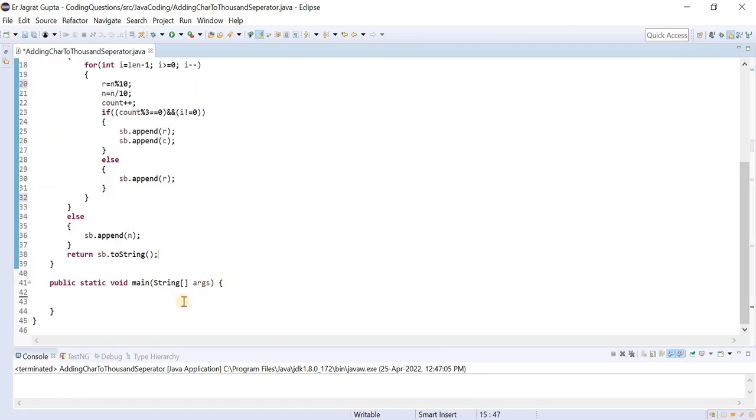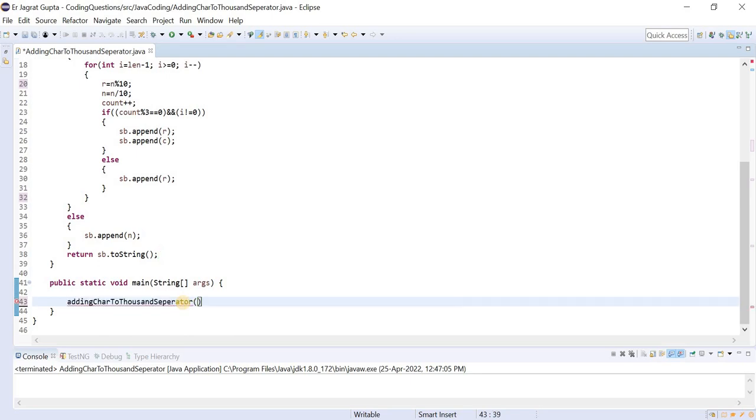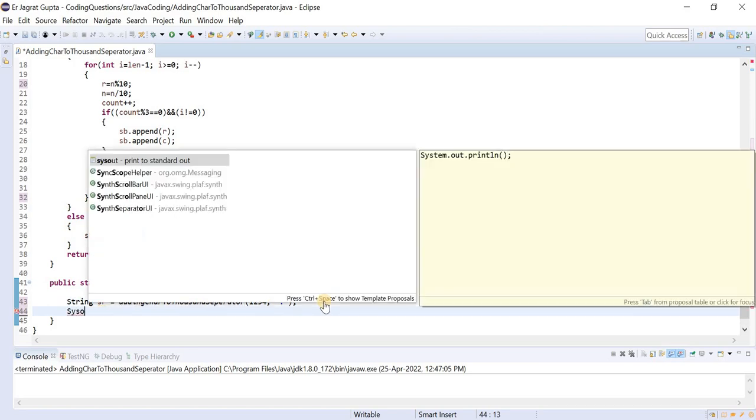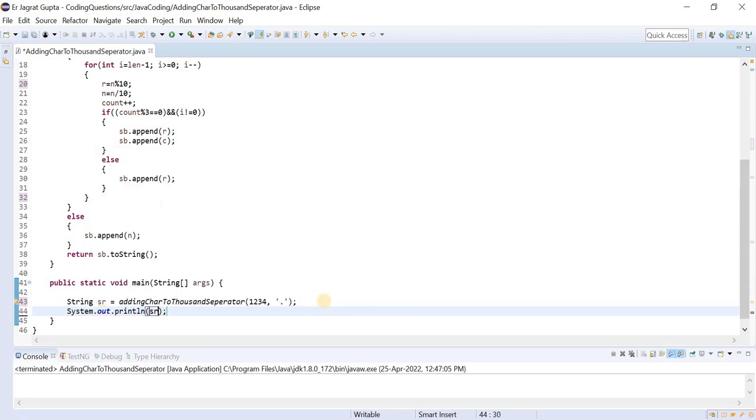Now this is the main program, and let us suppose the first input is 1234 and the character is this. So this will return string sr, and now we are going to print this particular string. That's it.